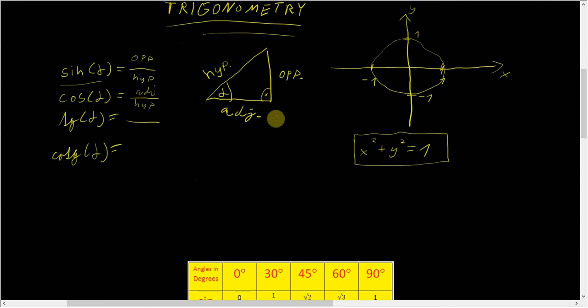Cosine is adjacent over hypotenuse, and tangent is opposite over adjacent. Cotangent is, you could say, if you flip this around, similar to tangent, it's adjacent over opposite. Now, if you picture a circle,